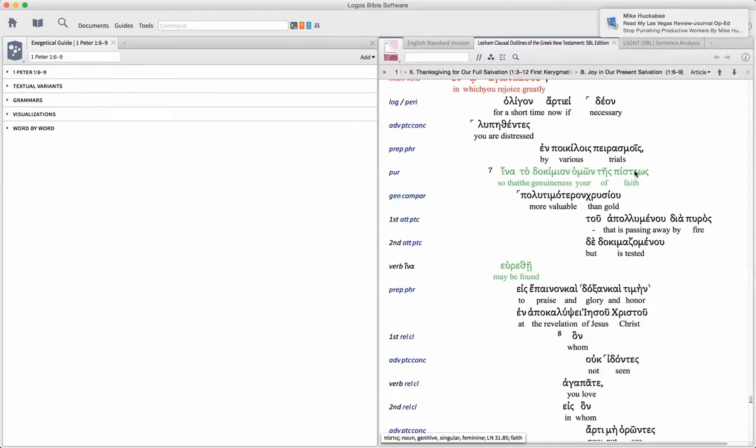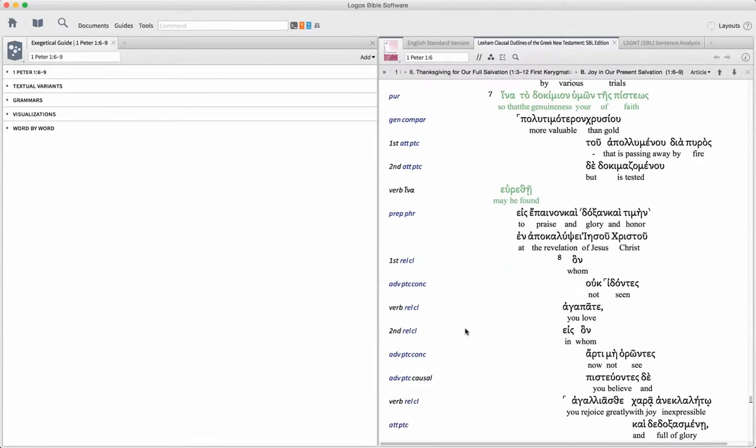parenthetical explanation, which is more valuable than gold, that's passing away by fire, but it is tested. See, that whole little section right there is explaining how their genuineness of their faith is being tested. Okay? So then it may be found, and found to what? Two things. To the praise and glory and honor at the revelation of Christ. Okay? That's actually a verb there, but to praise and glory and honor when Jesus